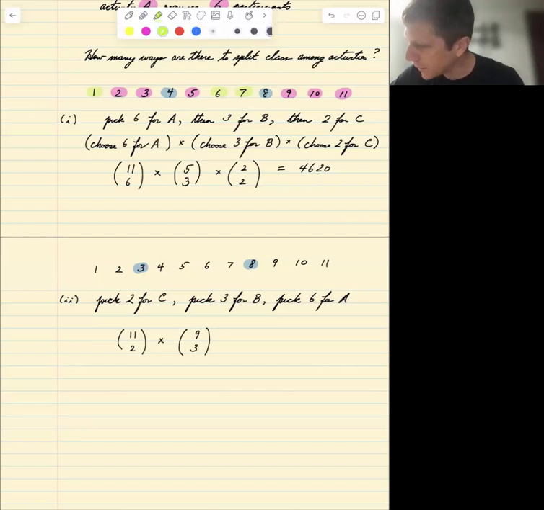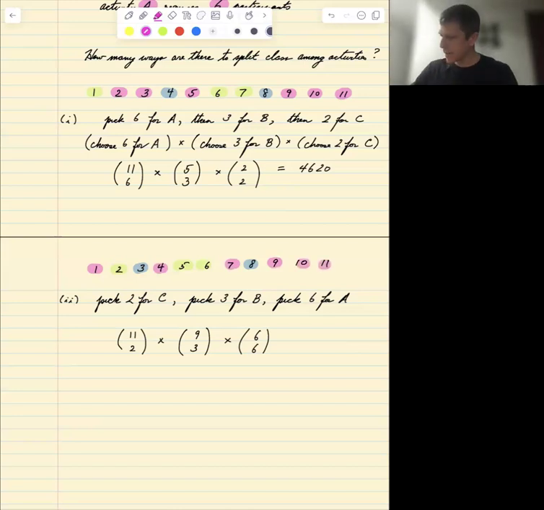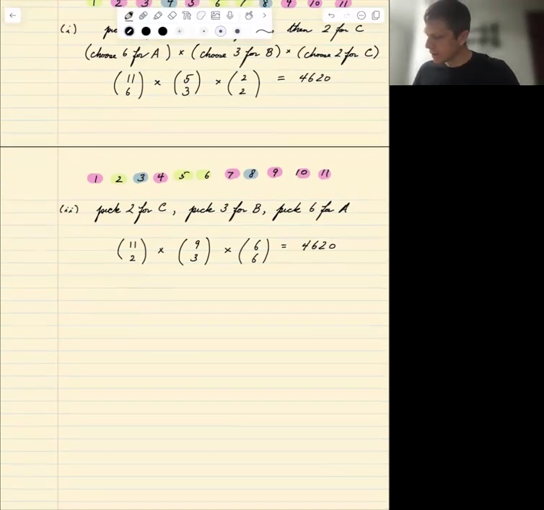We have nine people. We're going to assign 3 of them to B. And now, however many are left, there's 6 left. They all get assigned to A, so it's 6 choose 6. So whoever's left, they're automatically assigned to A. Do the math on this. 4,620, same number. And you can try this in any order you want. You're going to get the same answer if you do it right. Why? Well, the reason is,